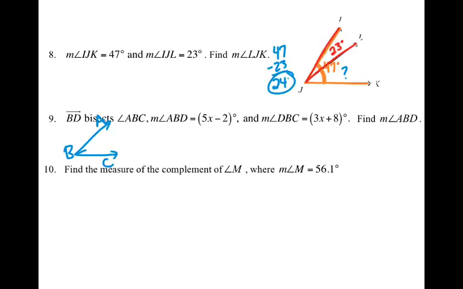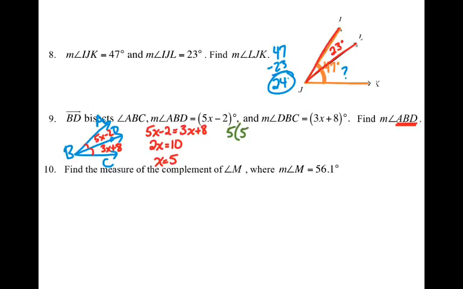On number 9, you got to draw your picture, and it says bisect. When it says bisect, that means it's in the middle, so we're going to put our little arc marks to show the two smaller angles are congruent, and one of those is 5x minus 2, the other one is 3x plus 8, and because they're congruent, that means they have the same measure, so they're equal in measure. So we say 5x minus 2 equals 3x plus 8, and then solve the equation to get x equals 5,